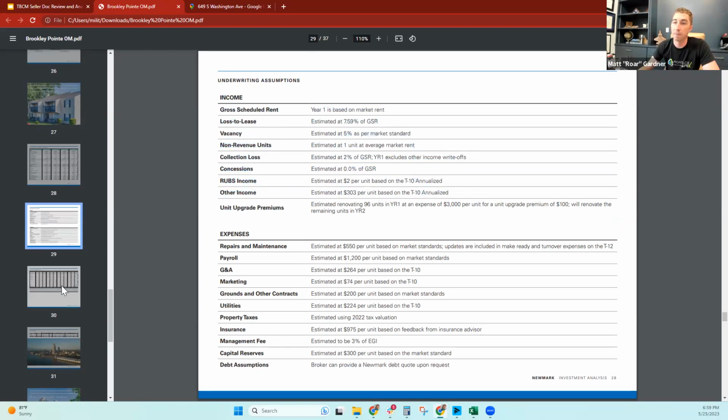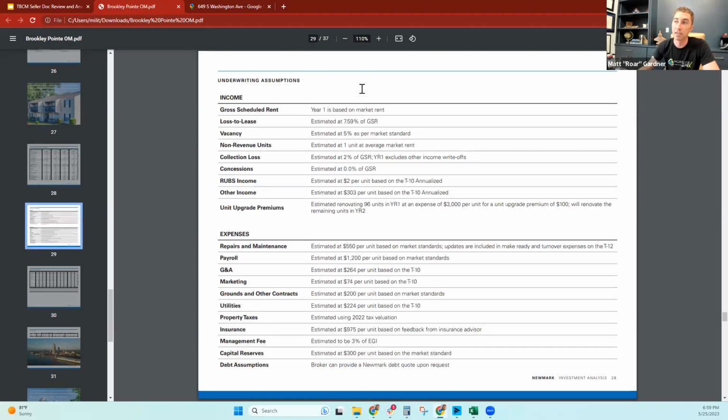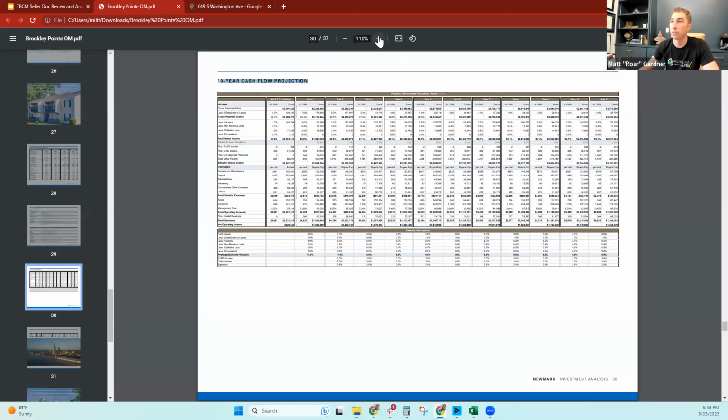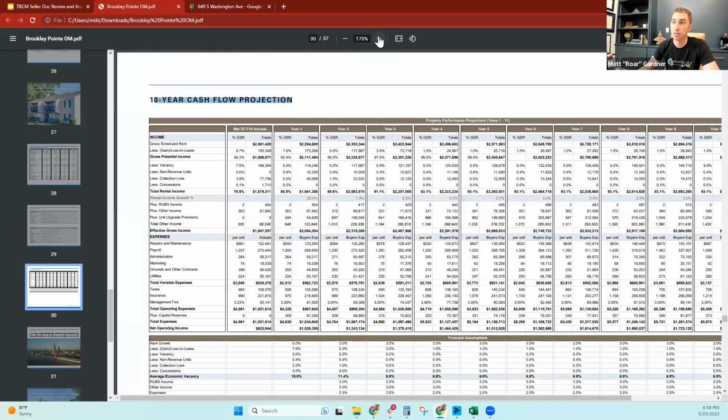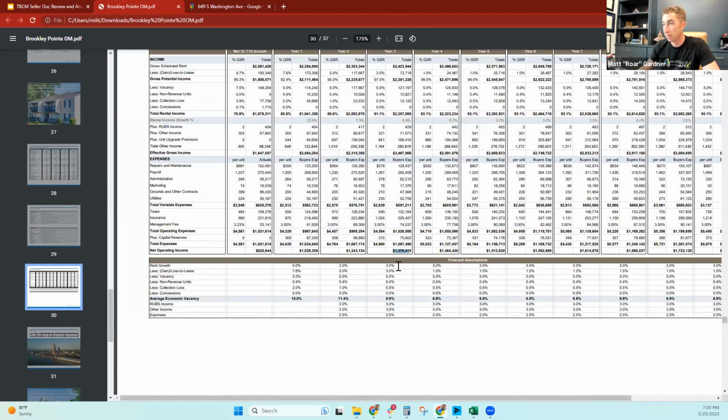So they talk about their pro forma. So this is their cash flow. They're saying, here are my assumptions when I'm creating this pro forma. This is the broker's analysis. This is the trust but verify technique. This is the broker saying, if I had my crystal ball, in year 3 you should have a net operating income of 1.3 million. And